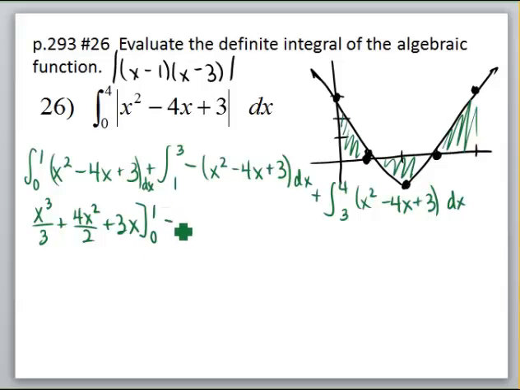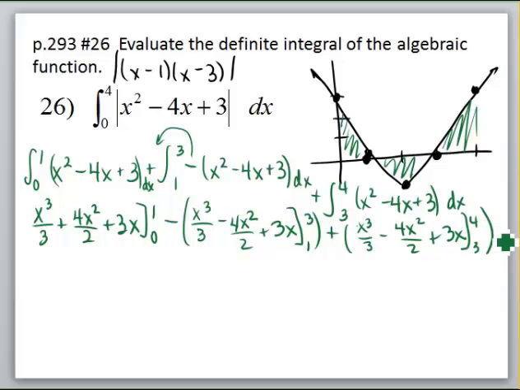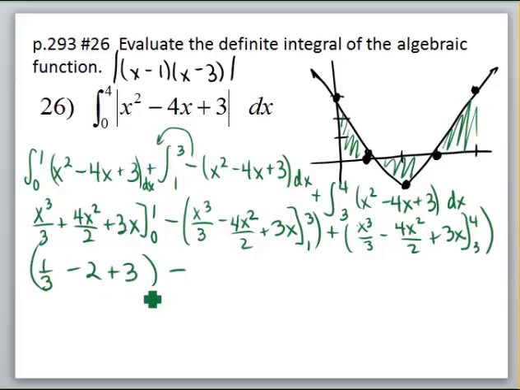This would be from 0 to 1 minus, and I just brought that negative out front. I'd have x cubed over 3 minus 4x squared over 2 plus 3x from 1 to 3 plus, then I'd have it one more time, x cubed over 3 minus 4x squared over 2 plus 3x from 3 to 4. And then what we'll do is we'll just plug in all those values. I will tell you that on this first one, you get 1/3 minus 2 plus 3 minus, we end up getting,